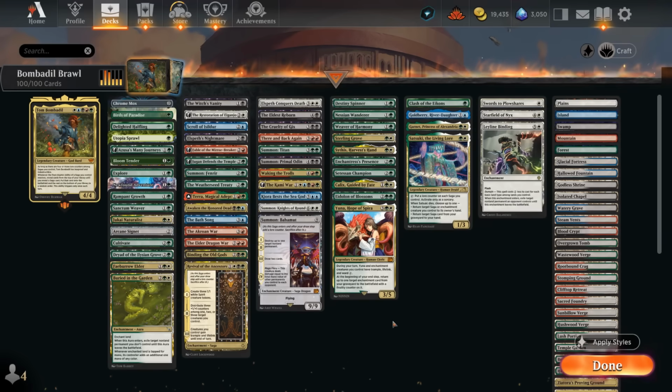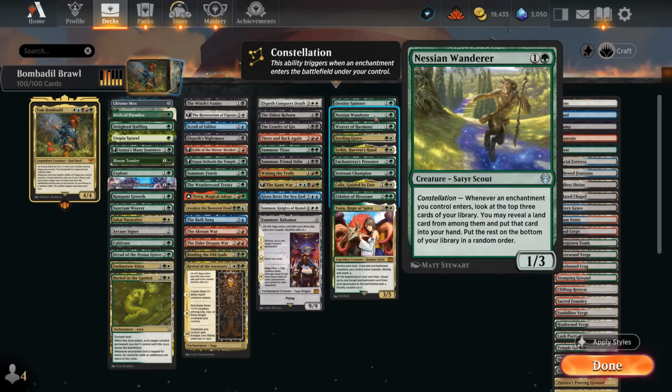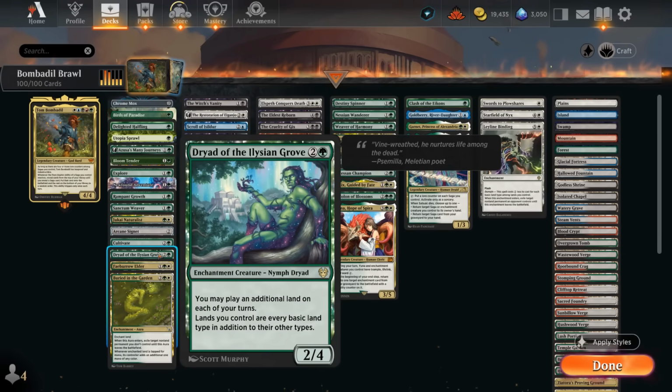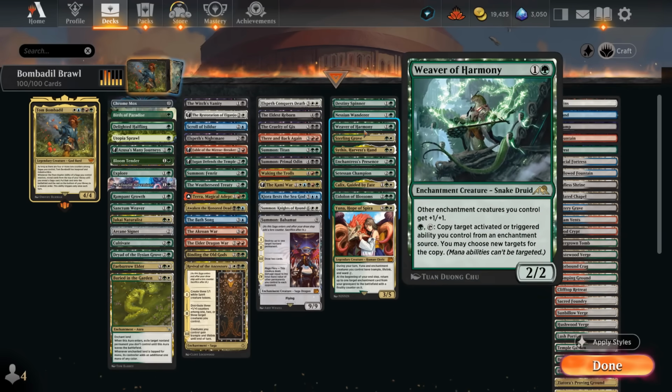Then we've got more enchantment payoffs with Destiny Spinner, making enchantments and creatures we control uncounterable, and it also has a mana sink. If we have some enchantments in play, it can turn a land into a large creature. We've got Nessian Wanderer, finding additional lands with Constellation, especially synergistic if we have a Dryad on the battlefield to immediately play additional lands out. Then Weaver of Harmony pumps up our enchantment creatures and can also copy an activated or triggered ability from an enchantment source, so we can maybe trigger our sagas an additional time, or maybe draw an extra card from some